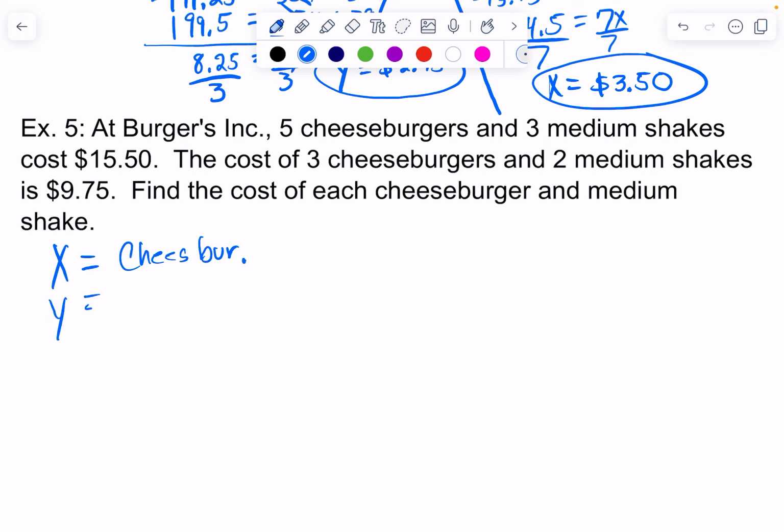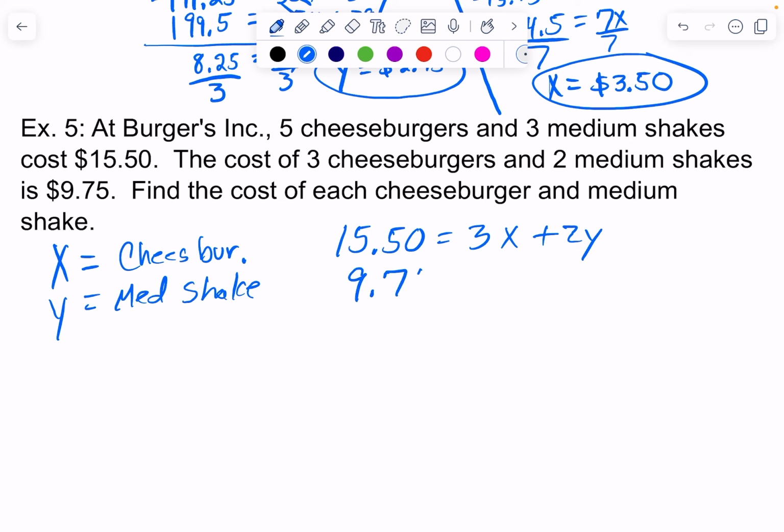And I'm going to call Y the cost of each medium shake. And I know that for $15.50,